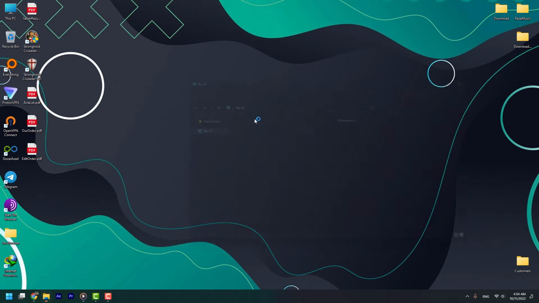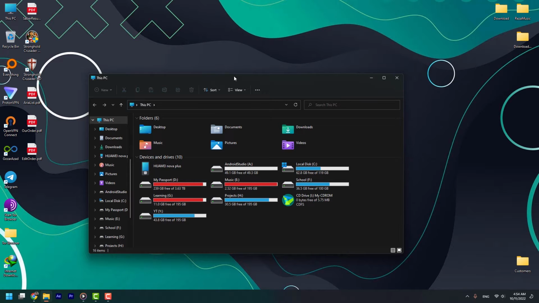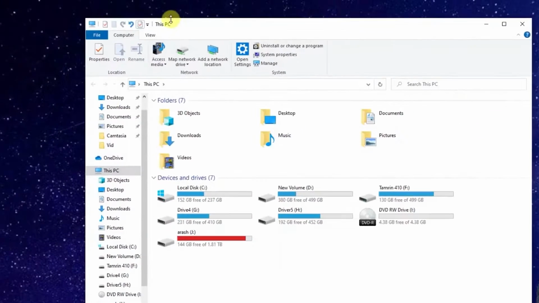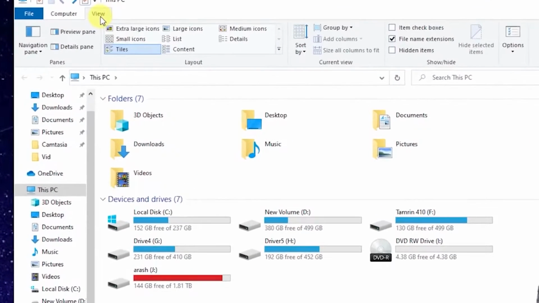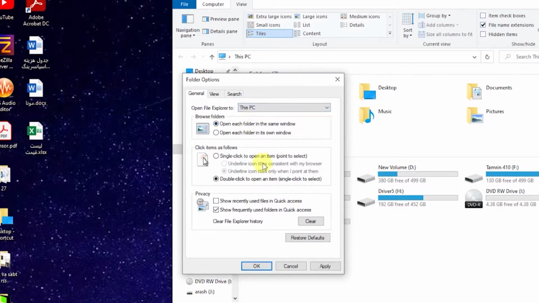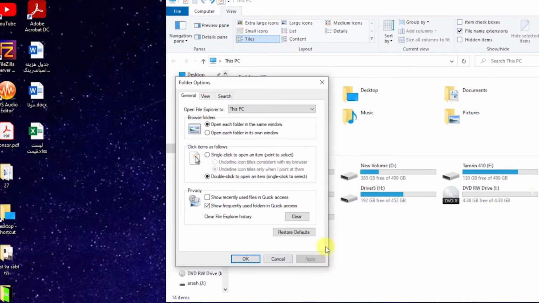Okay, this is the Windows 10 course, but after this part of the video, I'm going to do it on Windows 11. The easiest way to open that is open this PC, go to the View tab, press Option, change folder and search option. When you press apply, it means that save the changes and don't close the tab because I want to add or do several things. But when you press OK, it means that I want to close the tab